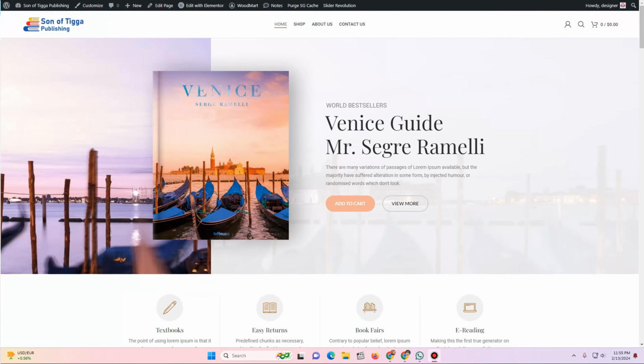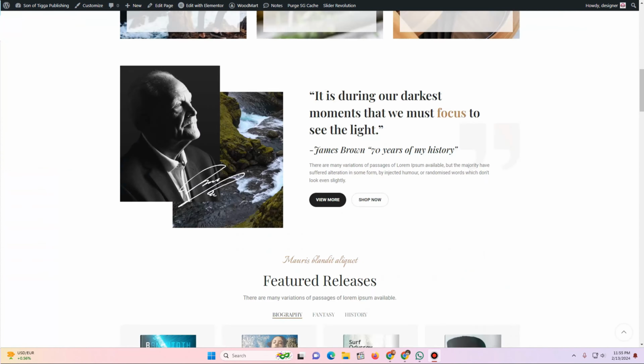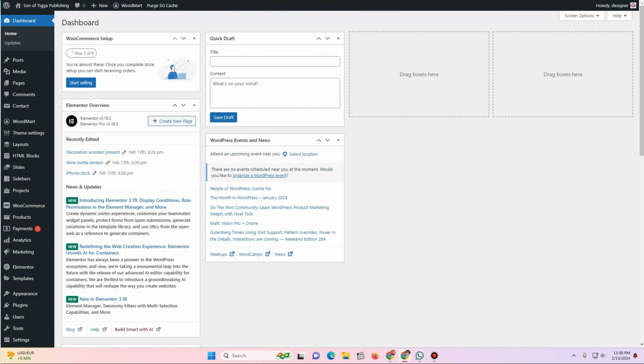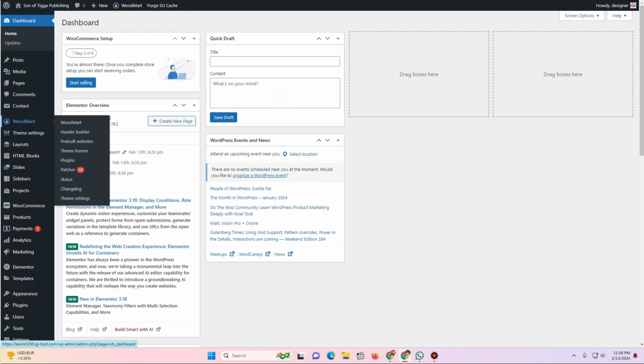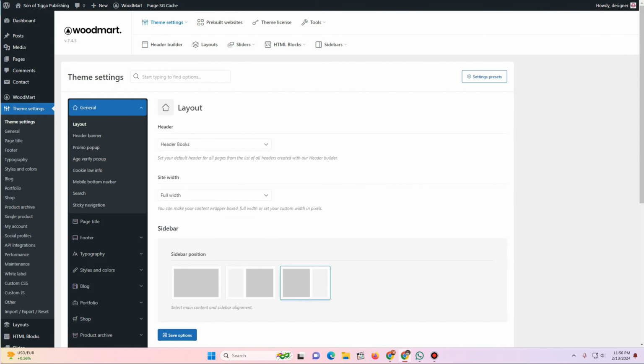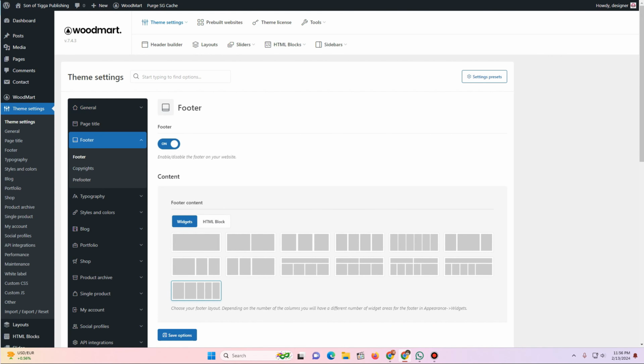So now we can start editing the footer of our website. If I scroll down here, you can see this is the footer of our website. In order to edit this footer, you want to go to the dashboard of your website, and once you click on the dashboard, click on theme settings. Here you will see the footer. Expand this footer option, and here you will see enable or disable the footer, however you want. So if I close this footer and click on save changes,